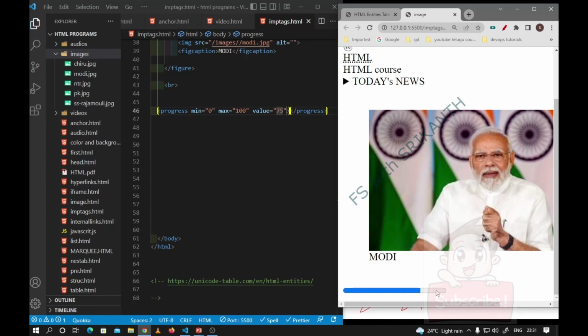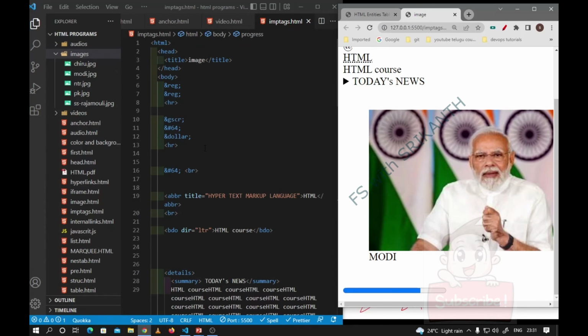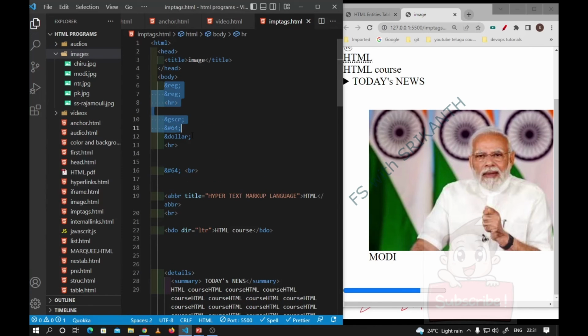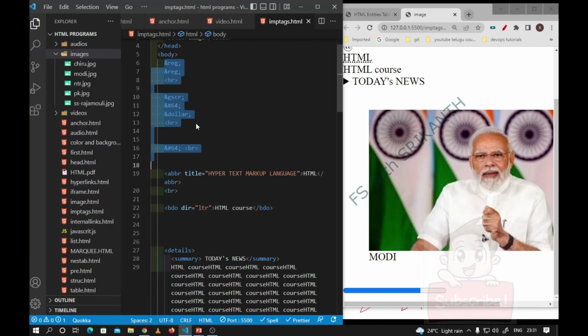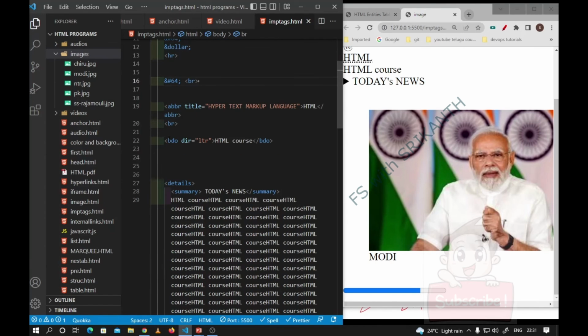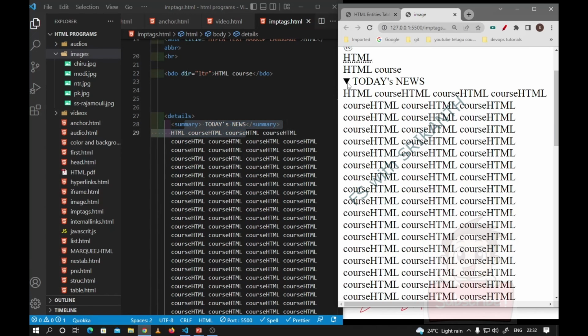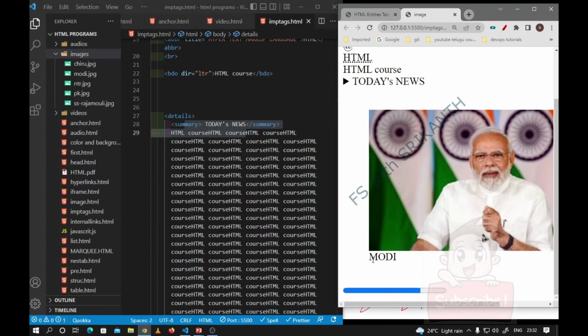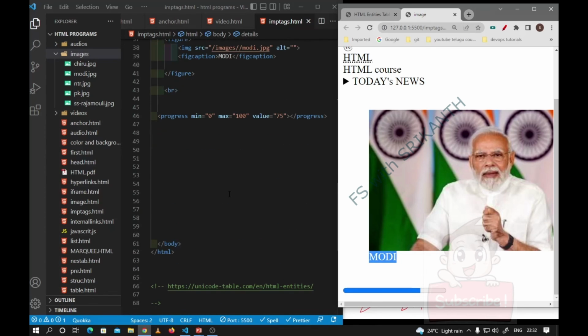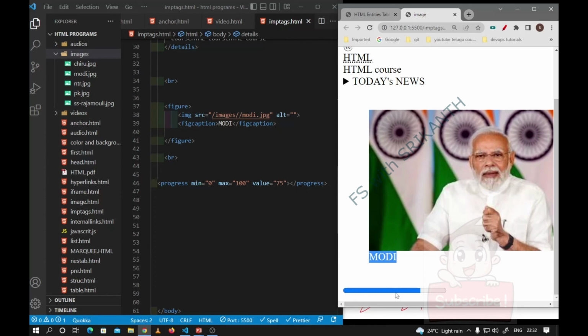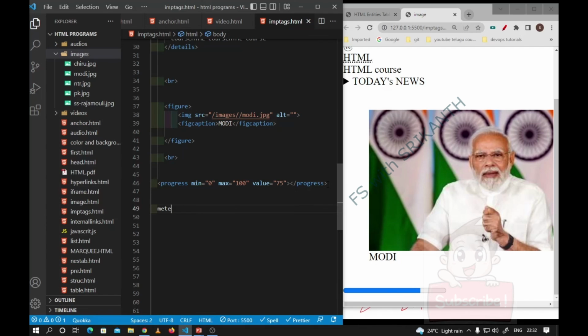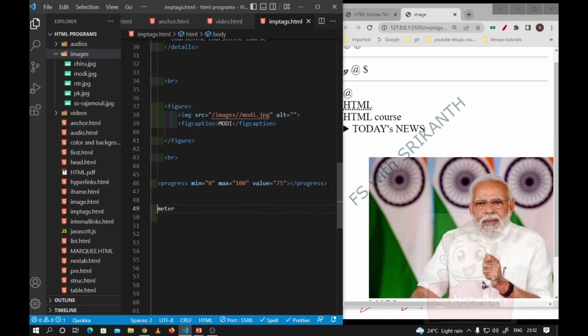This is a progress. These are some of the important tags. What we covered here are HTML entities, horizontal rule, the abbreviation tag, the bi-directional tag, and details and summary, which is expand and collapse. This is Figcaption, with figure and Figcaption, and progress. The meter tag is the same way as the progress tag, with min,